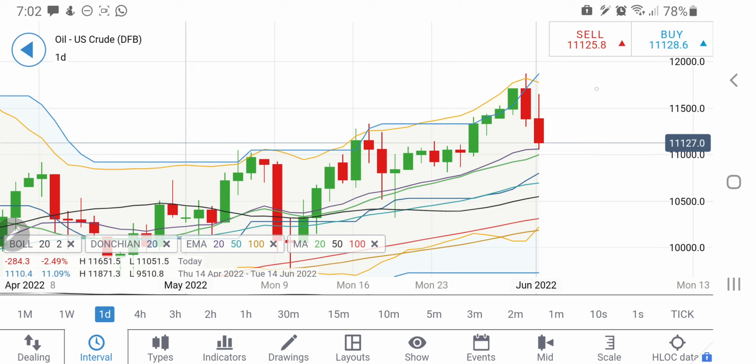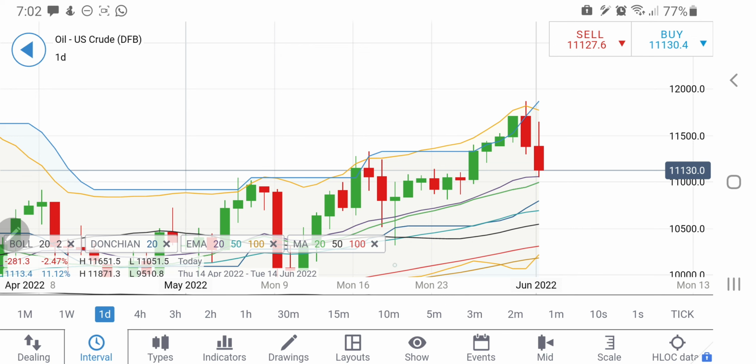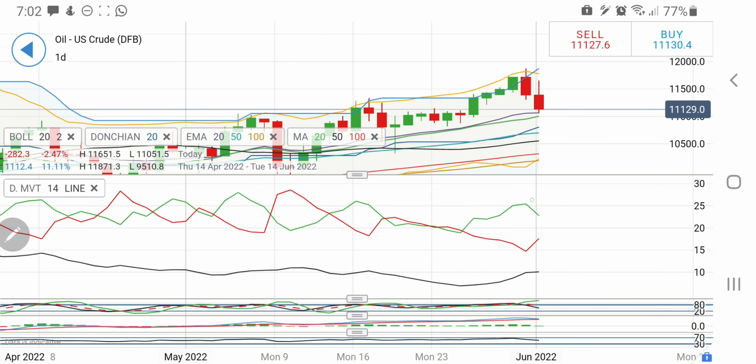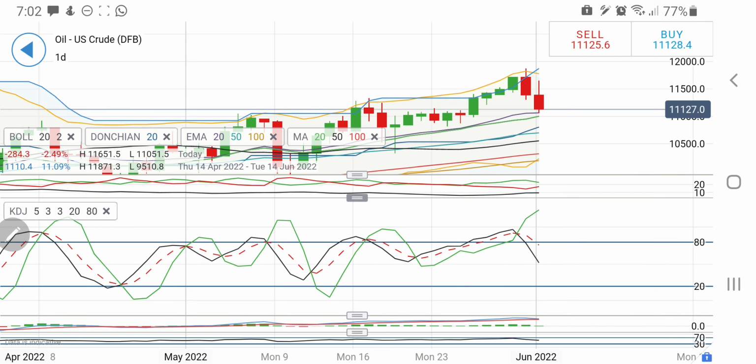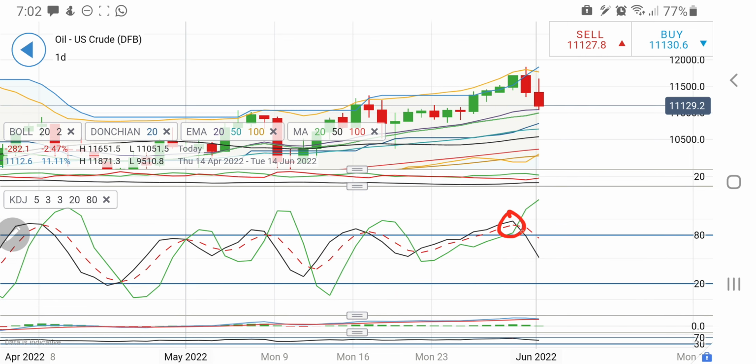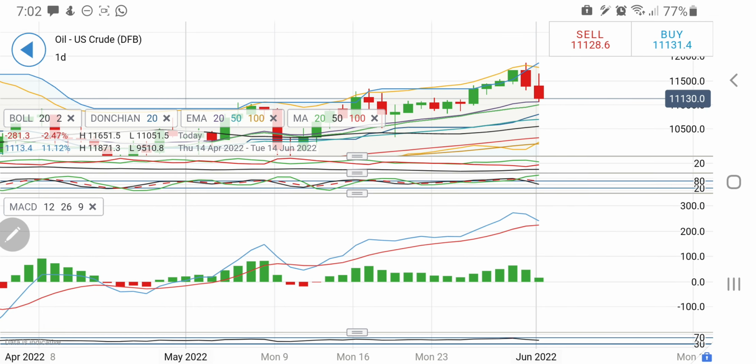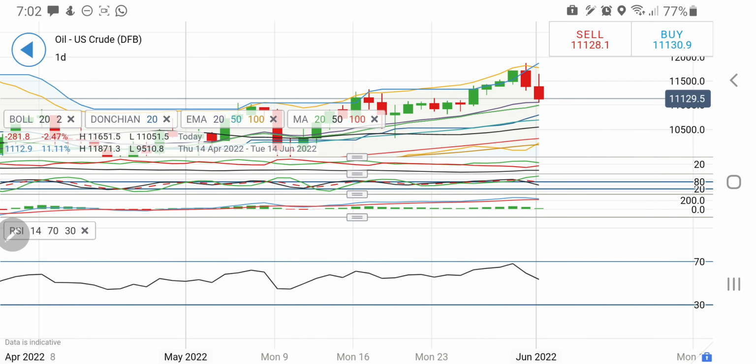Now if it breaks 110 today, we may see a good fall which will try to take it towards 108 levels. Also, if you look at the directional movement, it is bullish till now, but it is trying to cross over for a sell off. It is converging. See, the stochastic was overbought and we have seen this drop. The MACD is also trying to converge from here and cross over for a sell off. The RSI is also looking downwards. Considering this,